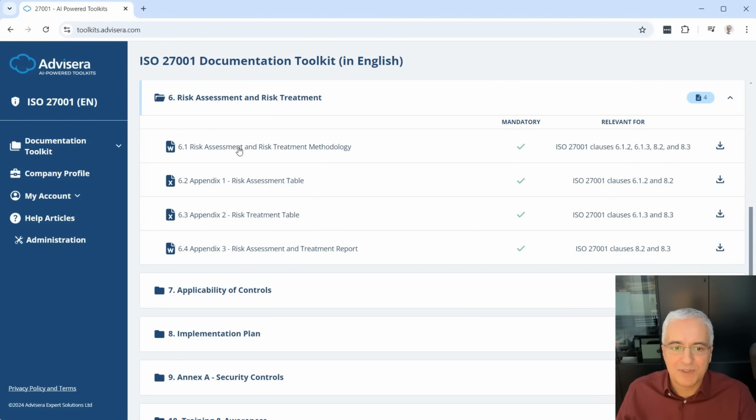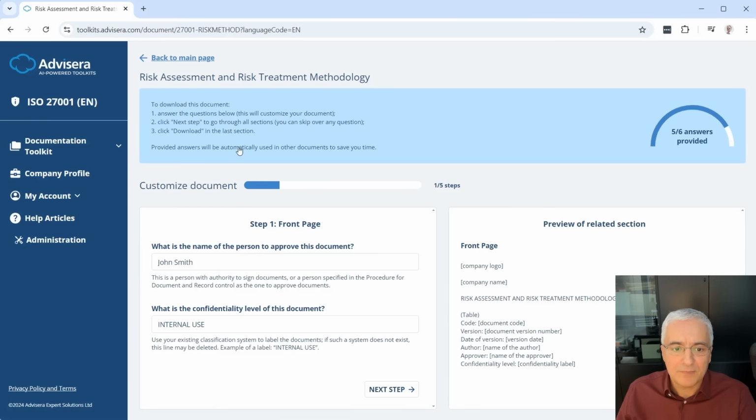Now let's open this risk assessment and risk treatment methodology wizard. Here you will see a couple of steps which help you fill out certain details of this document. So on the front page you have to fill out what is the name of the person to approve this document, what is the classification that is used, and you'll notice these fields are already filled out because I already filled out some documents before this,